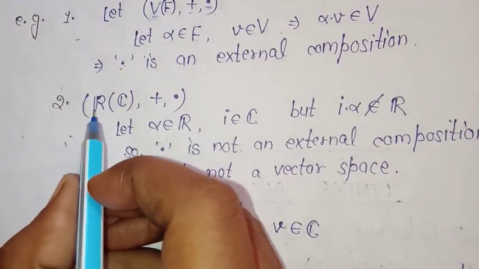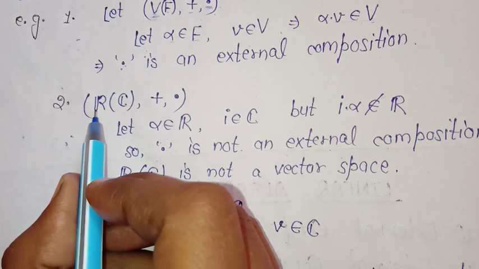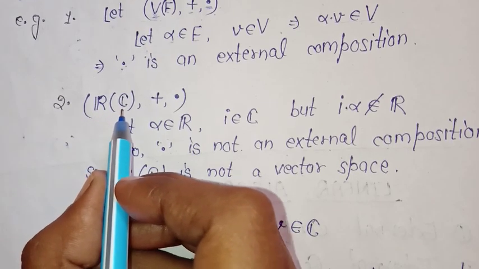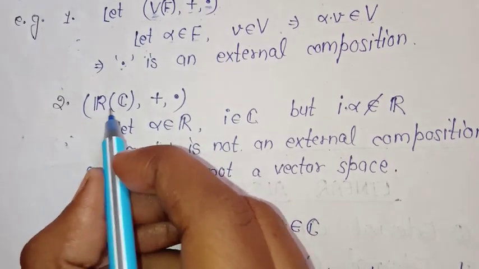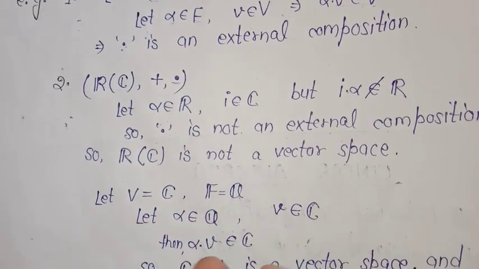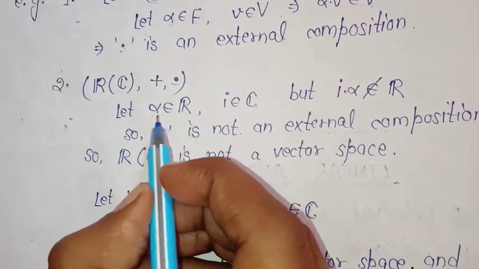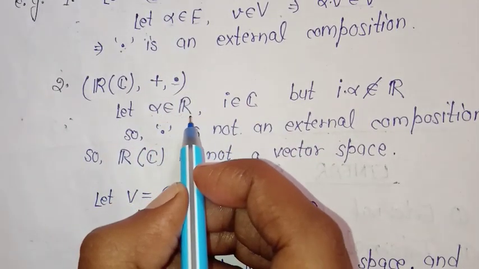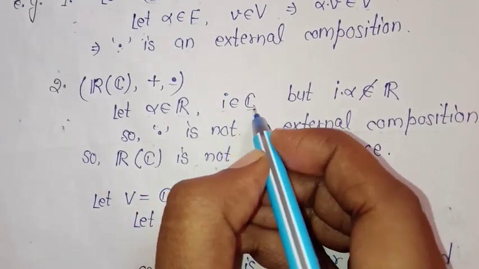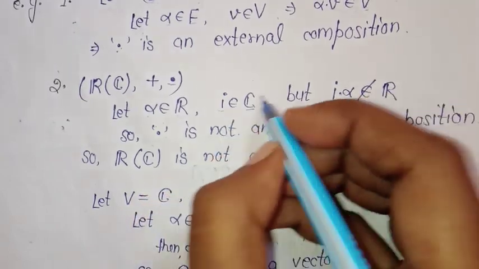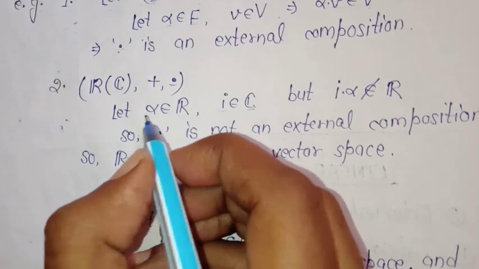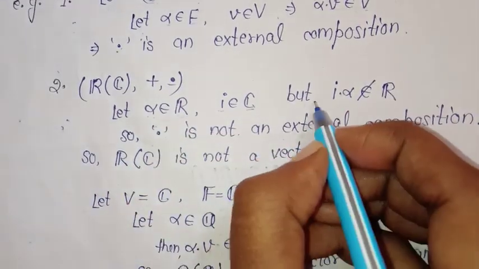So let's take one example, R over C. The first set that I have taken is R and the second set that I have taken is C. We will work together with these two sets with the binary composition dot. So let alpha belong to R. I am taking alpha as a real number, and I am choosing one number from the set of complex numbers, that is iota. If I take the product with the binary composition dot over these two elements, then I get